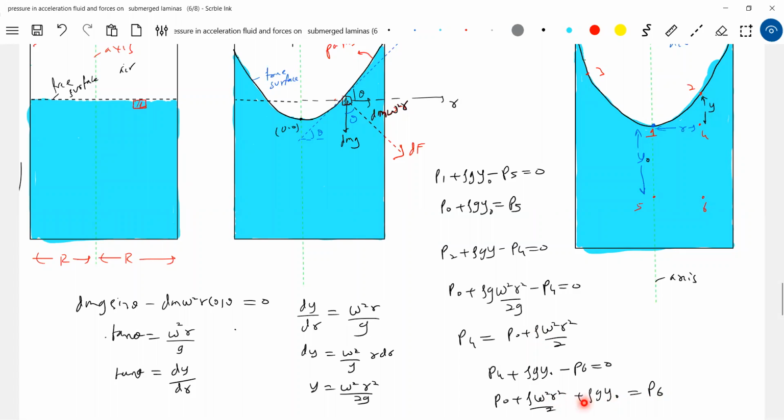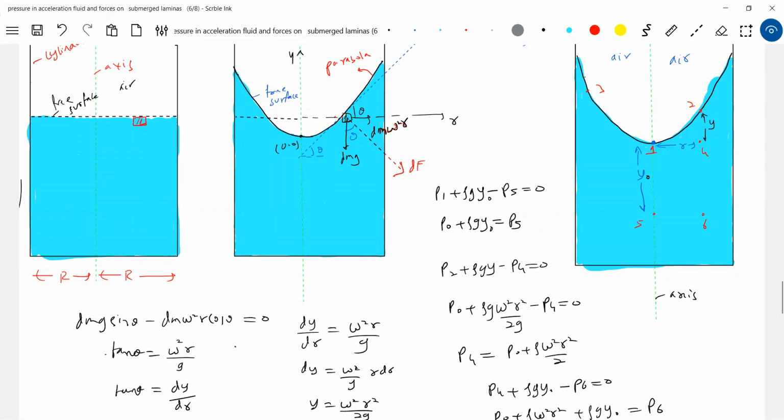So I think you have to break up this particular liquid column into parts. Like this region is one. Okay, this region. Of course, you can say that it varies with only depth, but you see what is Y? Y is equal to omega square r square by 2g. So it's a practice to show that as you move here, the pressure increases radially. What about here? This point is at a depth and also at some radial distance. So the pressure varies here with both the depth and radial distance. So shall we conclude? On the axis it varies with the depth. In this region, it varies with radial distance, whereas here it varies with the depth as well as the radial distance.